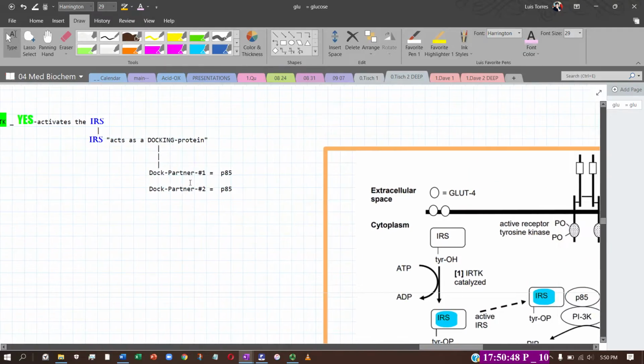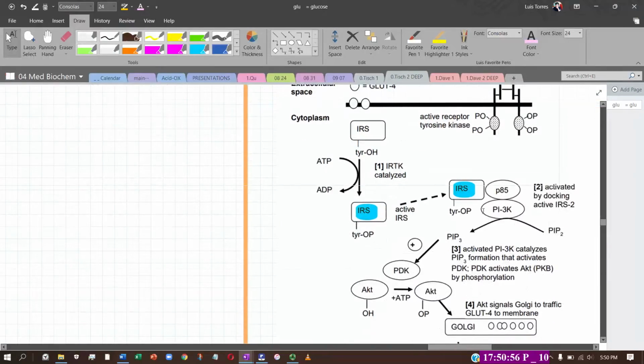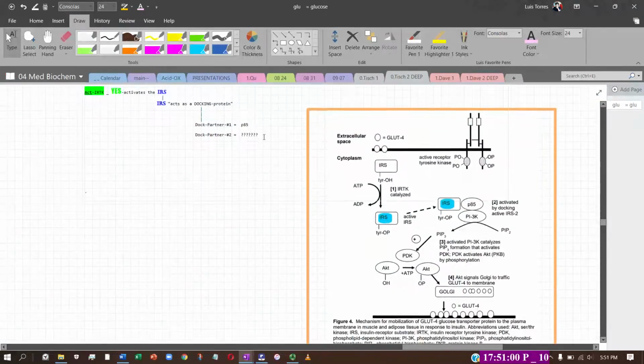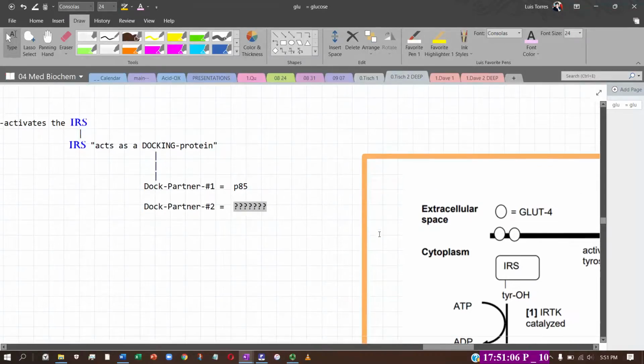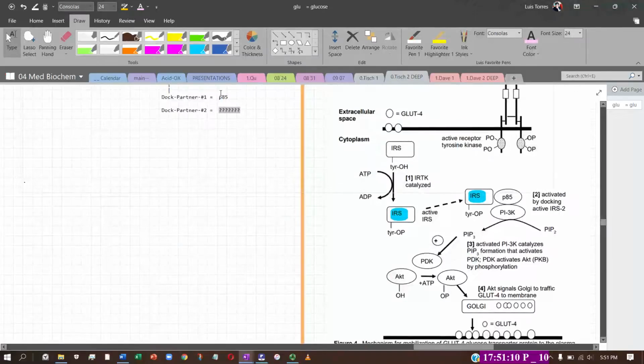So here is the dock partner. The dock partner number 1 is P85, and it looks like in the notes we didn't address any other partners. But we'll just leave this here as a fill in the blank in case we can expand on these notes. But anyway, just focusing on P85,